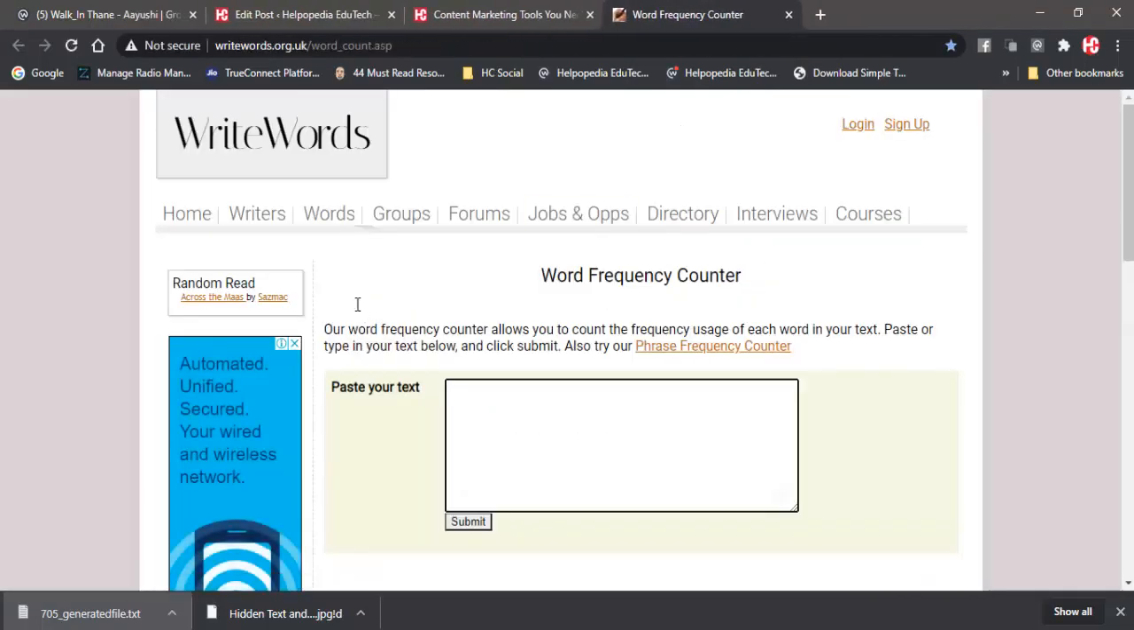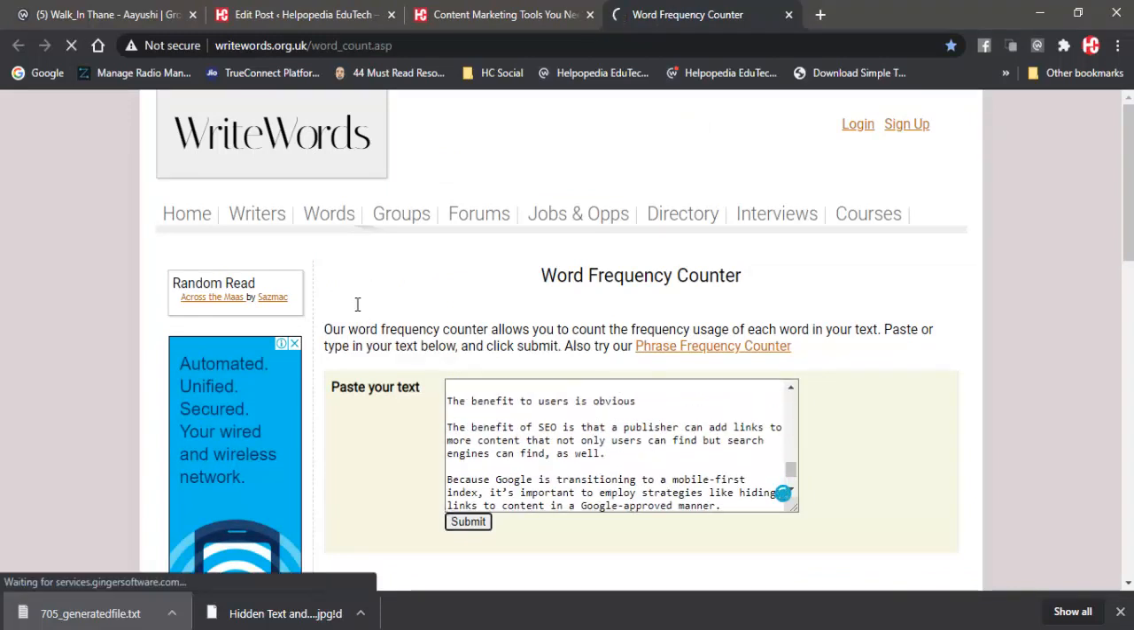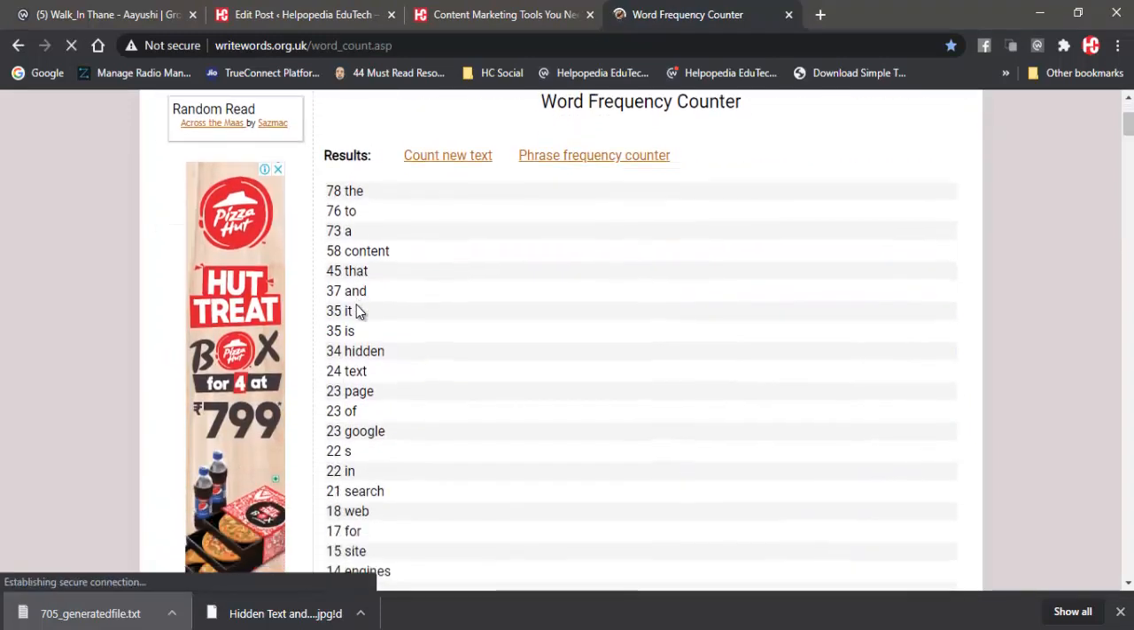So I'll just copy my whole content and paste it over here, and then I'll click on submit, and over here it will tell me how many times each and every word is used. So in this article, "the" is used 78 times, "to" is used 76 times, "a" is used 73 times. But I'm not interested in these words, I'm interested only in the keywords which I can use for